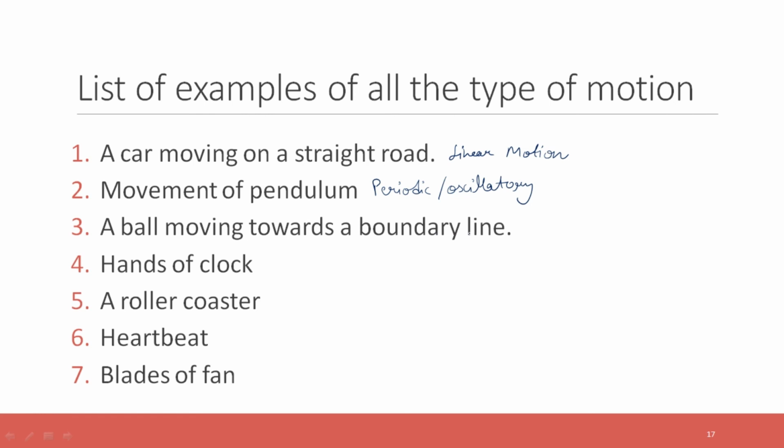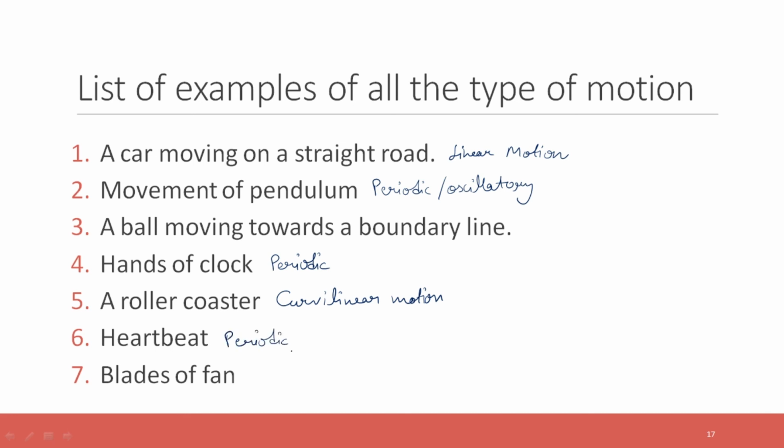A ball moving towards the boundary line. Again, this was the answer that we discussed in the last slide. It will show two types of motions. Hands of a clock. What type of motion is this? Again, this is a periodic motion, because it takes the same time to repeat its motion. A roller coaster is an example of curvilinear motion. Heartbeat. This is very important. Which type of motion is this? Yes, this is a periodic motion